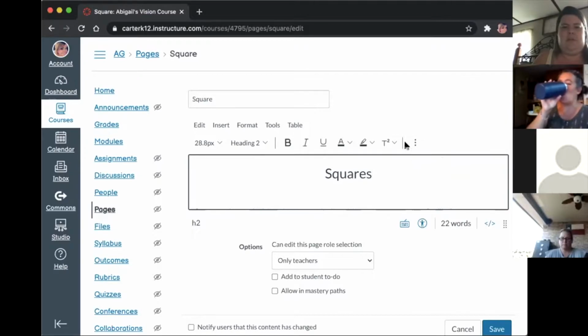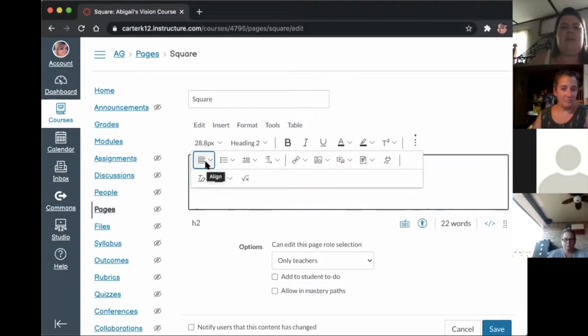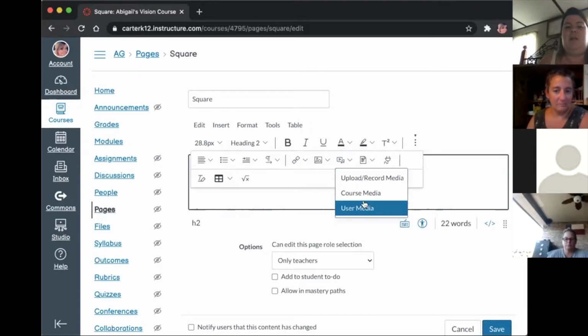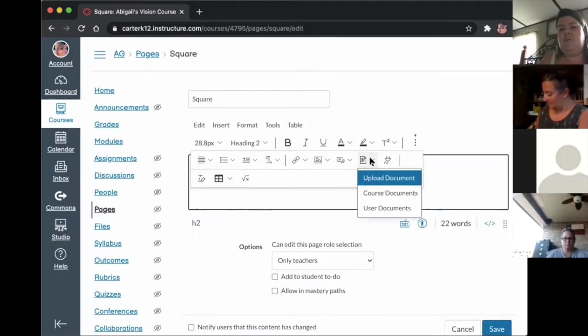I'm circling it with my mouse because I went to point to it. But there's the three dots here, and when you click on it, it brings up all these icons. So again, some of it's text formatting, the alignment, bulleted lists, indenting, and then you have directionality, and then there's links, images, record and upload media. So you could go in that way to record the video, and then you can put in